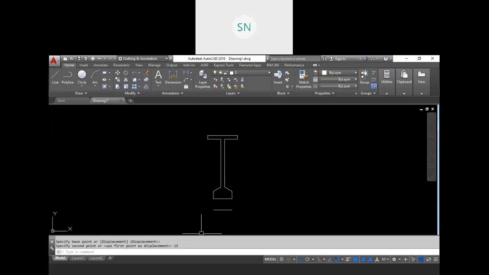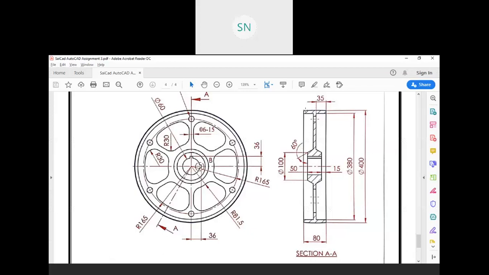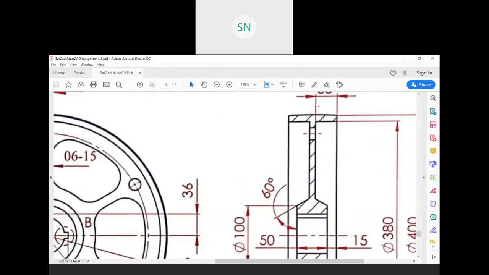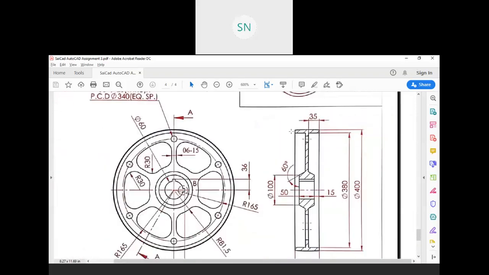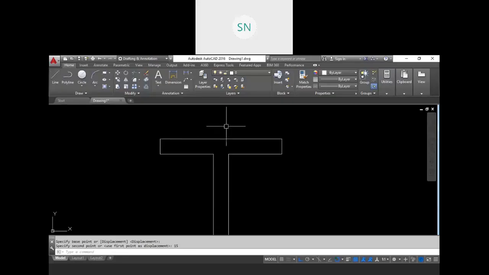Now one more thing which is not given in your assignment, that is we do not have a flat surface over here. On the top here actually we have a curved surface, an arced face with a 500 radius, right? So it's actually like this.